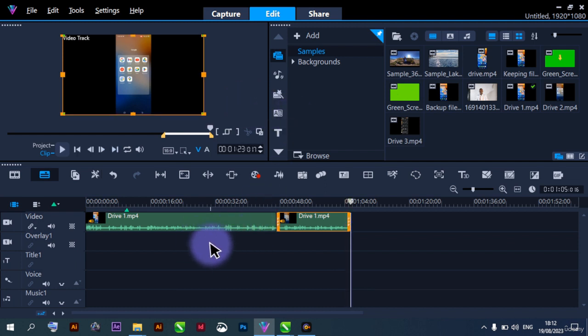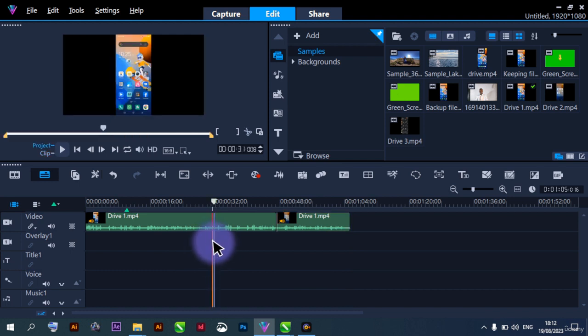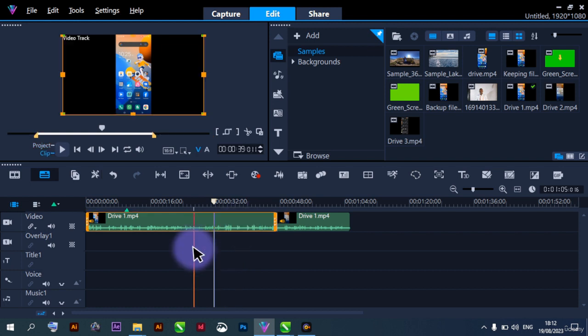Let's play both videos together. In order to play both videos together, don't forget I've mentioned this before, I'm going to click somewhere here. You can see now that no particular video is selected, but just the timeline. So right now, if I press play, the whole video on the timeline is going to play all together. And as an alternative, if there are contents in all of this area and you don't have where to click, you can just click around here